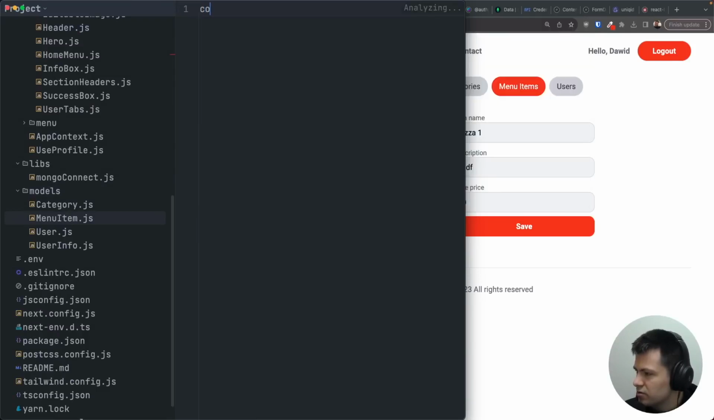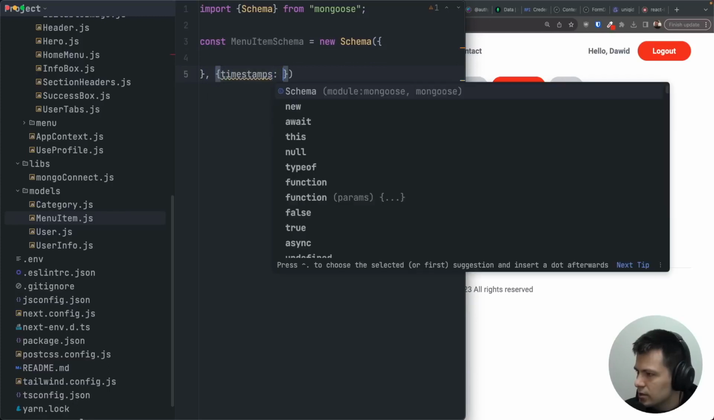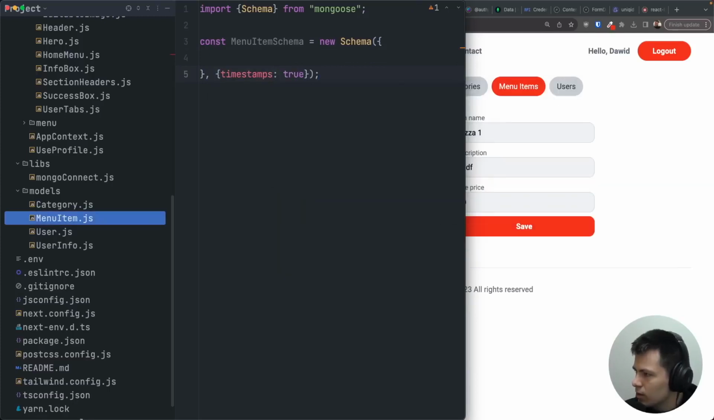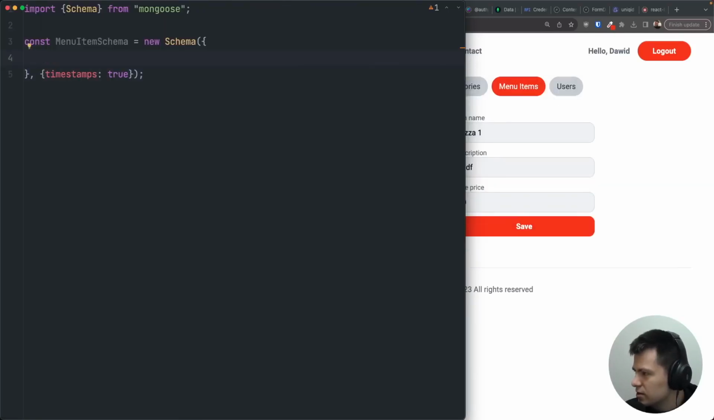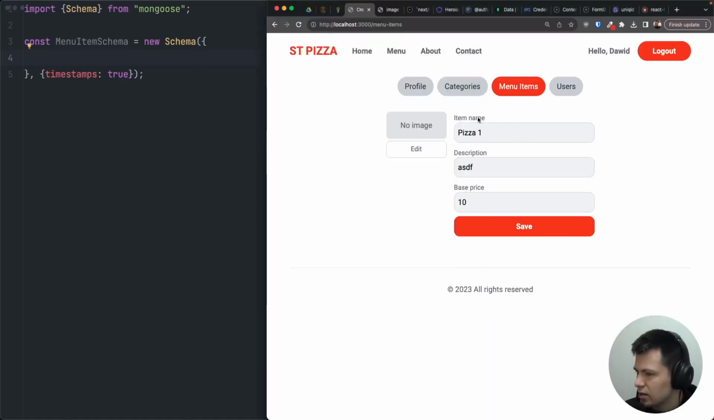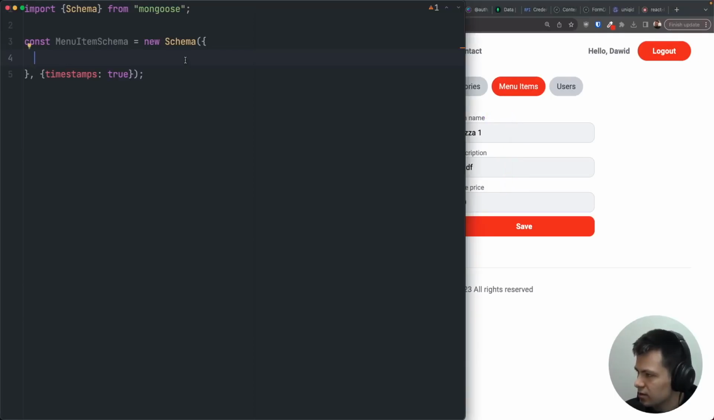So let's do first menu item schema equals new Schema, yes, from Mongoose, and I want to have, as always, timestamps set to true. So I will have some extra data. But now inside our menu item schema, I want to have those three stuff and image. So let's do something like this. First image, it will be type